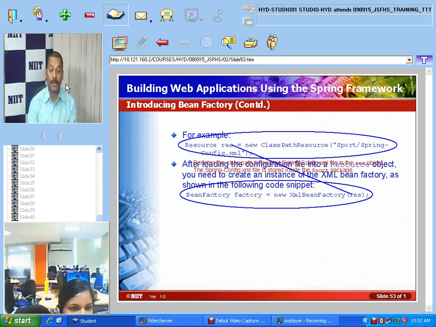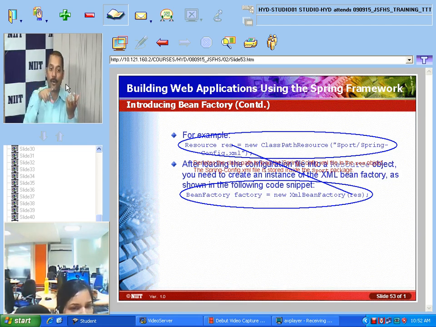All that particular bean information will be stored in the applicationContext.xml file. You get my point? Now, in our JSP page, first of all we need to know that this is the bean information which is available in my applicationContext.xml file, right? So that is the resource.